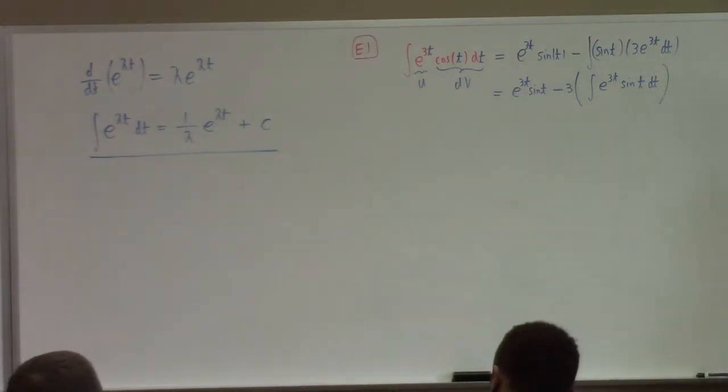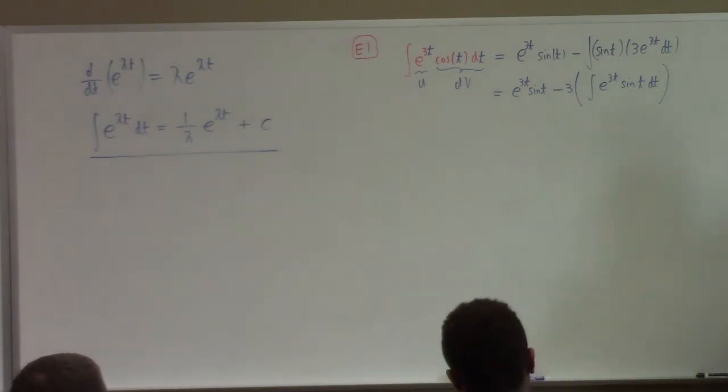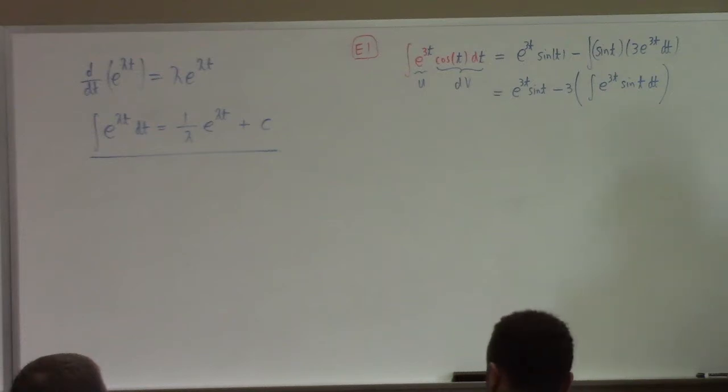Isn't 3 times e to the 2t because we have to take our du? But if u is e to the 3t, then du dt of course is 3 e to the 3t, right? Sorry. Yes. Never mind. I was confusing concepts. Oh, never mind. I pulled it out. It's cramping my style. So